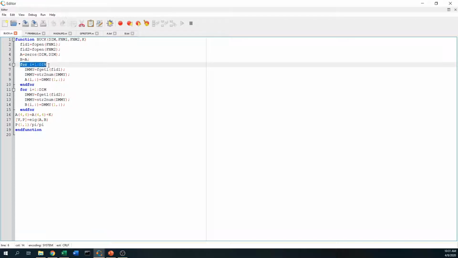So I do the read. The read for the matrix A comes from file number 1, so the file A basically, with FID1, and then the matrix A was read. Then I read the matrix B as well. I come down and get the file B.txt, and then I get the matrix B. After that, I have the A44. What is the A44? If you look into this matrix,